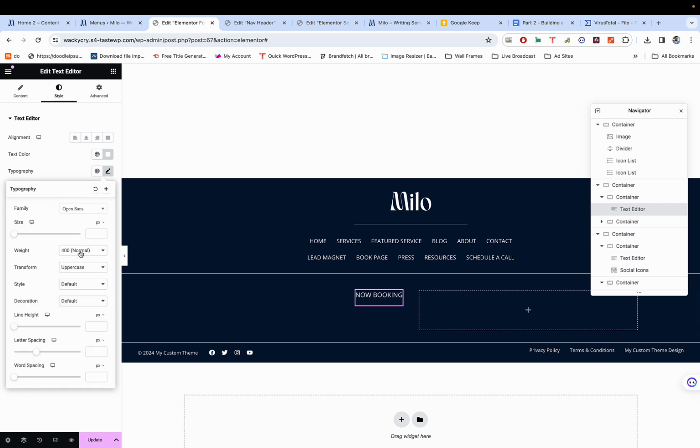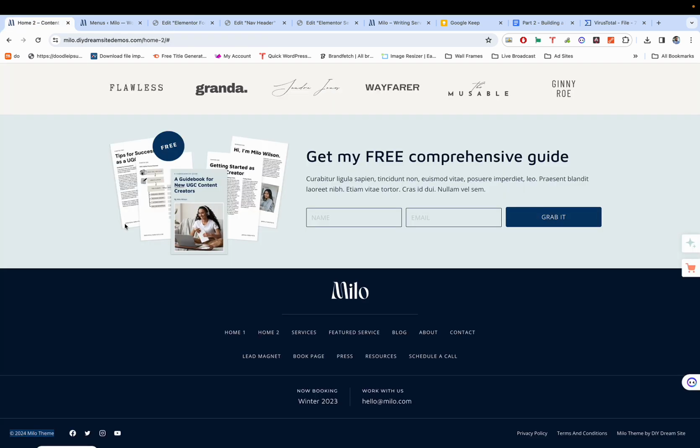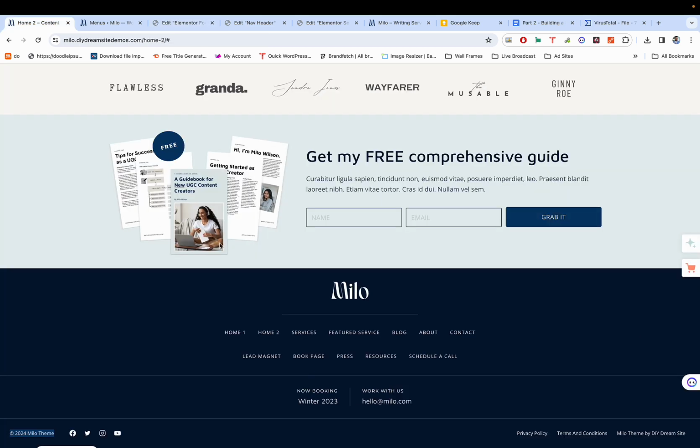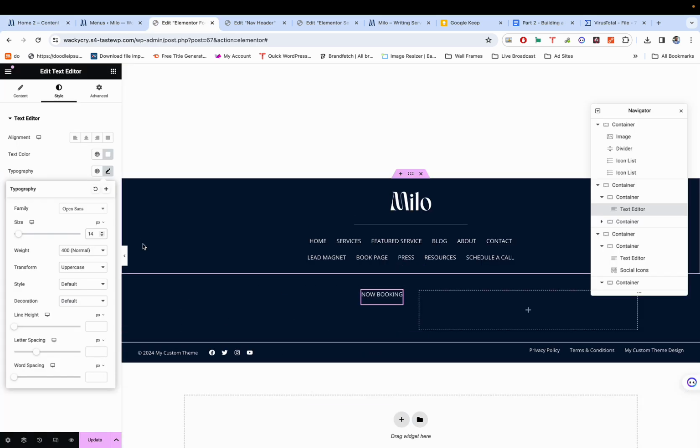I'm going to set the size to like 14, you know. Let's give it like 12 because I think it is small. No, let's give it like 14. All right, so now that we have the now booking there, I'm going to duplicate